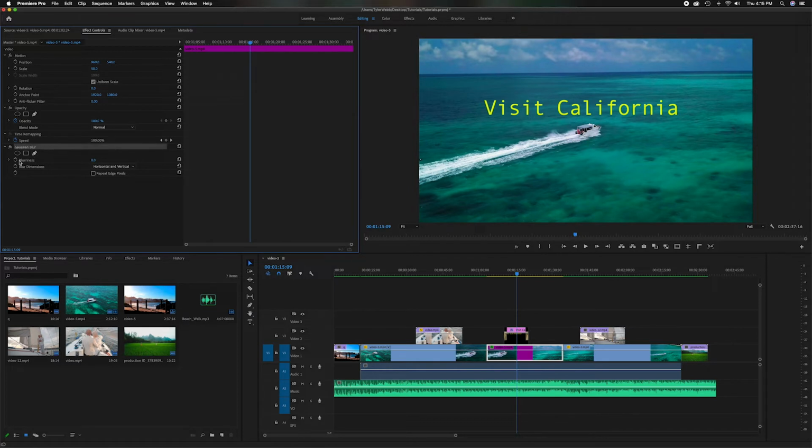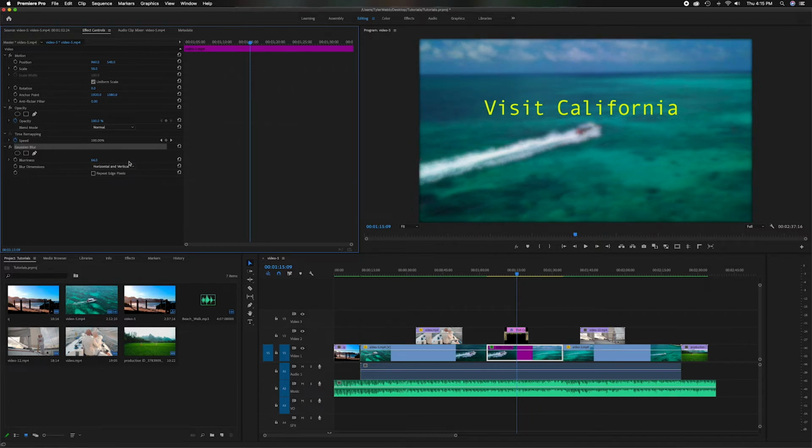So let's head down here. You'll see blurriness. It's set at 0. Now all effects will be set at 0 initially. So if you put it in and you expect to see something visually, you won't. You have to come up here and you have to adjust them. So if it's a crop or whatever it is, you can come in and adjust the numbers to make it effective. So because it's a blur, I'm going to slide it to the right a little bit, and you'll notice